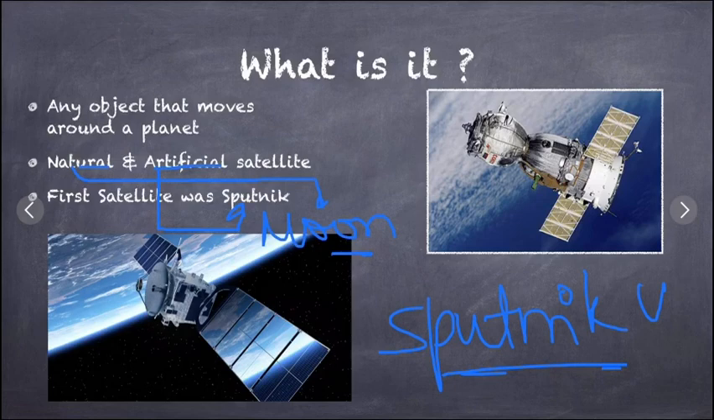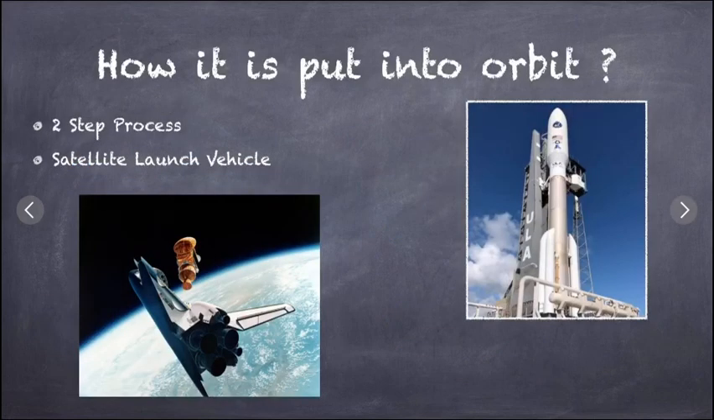The first satellite was Sputnik, and now let's move on to how a satellite is put into orbit. There can be many ways in which a satellite is put into orbit. The most commonly used way is a two-step process where a satellite launch vehicle, which could be a spaceship, a space shuttle, or a big rocket like this Atlas 5 right here,